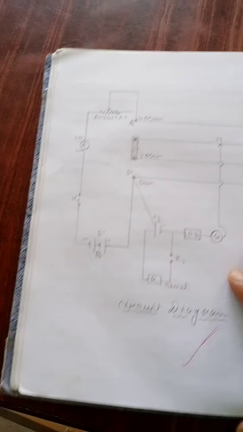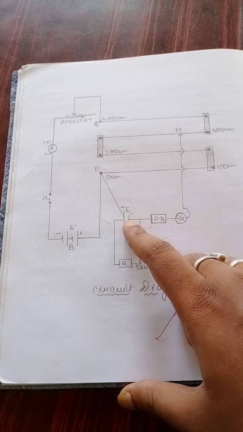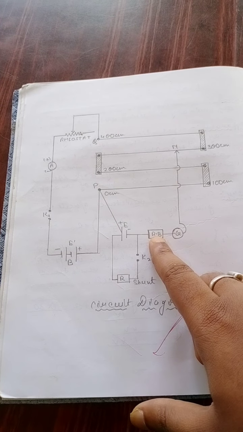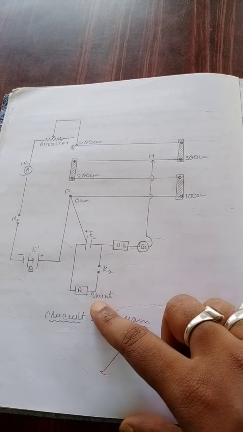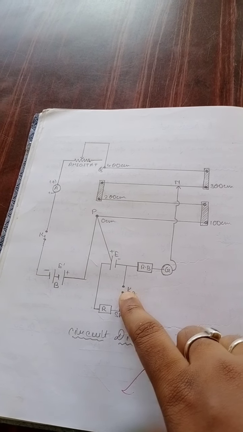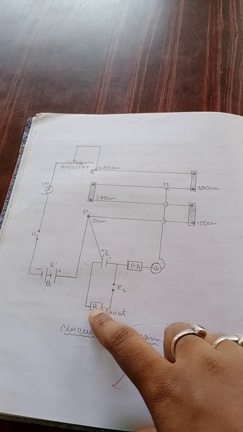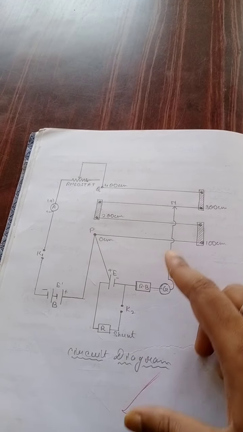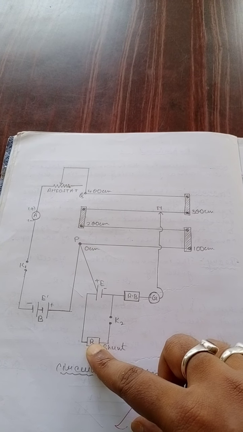Now this is the circuit diagram. This is the cell, the internal resistance of this cell connected with this cell, the low resistance box, this key, and this is the high resistance box. You can see the low resistance box and this high resistance box. Okay, so now at first this key will be opened. That means this low resistance box has no role in this circuit. Then we will find the null point when this low resistance box is disconnected.